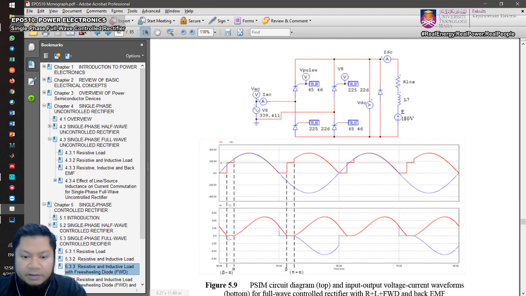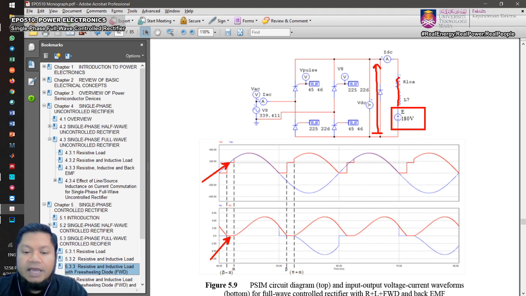Okay, after this beta minus pi, there is no current flow, and therefore the voltage drop across this is 0. There's no current flow, this is 0, and therefore if you measure from that point to that point, the output voltage will be equal to 180 volts, which is the back EMF, whatever the back EMF. So at this point, you're going to see that the output voltage equals 180 volts, right? And then we have alpha triggered. So just after this, you have alpha triggered here, and now the normal circuit operation whereby thyristor 1 and thyristor 2 will be